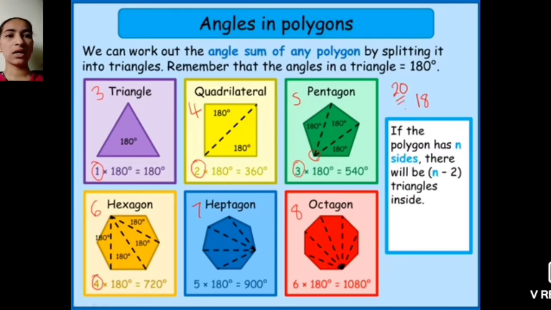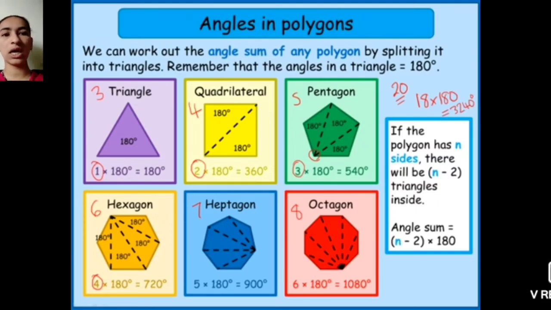And in a quadrilateral, how many triangles are there? 2, and we find this by n minus 2. Put the value of the number of sides, that is 4 minus 2, which is 2. So what will be the number of triangles? That we have to multiply by 180. If a polygon has 20 sides, then the sum is 3240. So the angle sum property is n minus 2 multiplied by 180. N minus 2 is the number of triangles in a polygon.